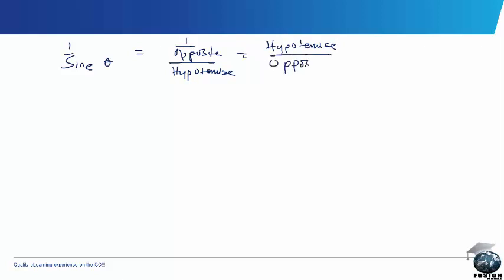There are inverse relationships between the three ratios. 1 over sine theta, let me simply use theta so that I don't confuse you, is equal to 1 over the ratio of theta, which is opposite over hypotenuse, which is as good as saying taking the inverse of it, which is hypotenuse over opposite, which changes the value from C over B to B over C. We've taken the inverse, and it is called cosecant